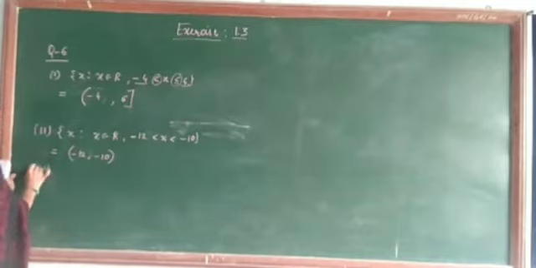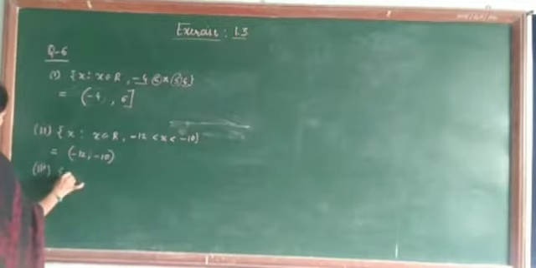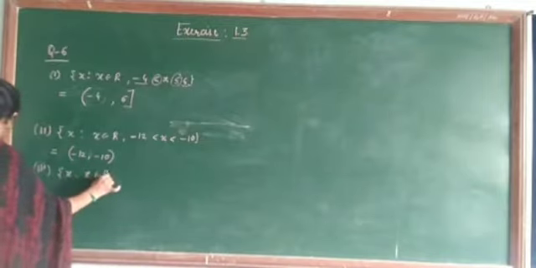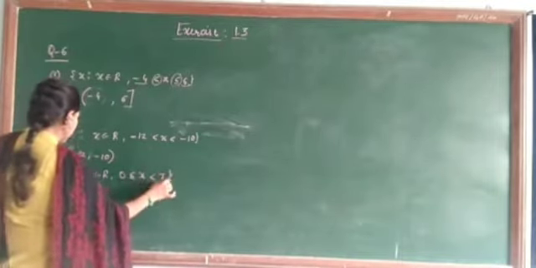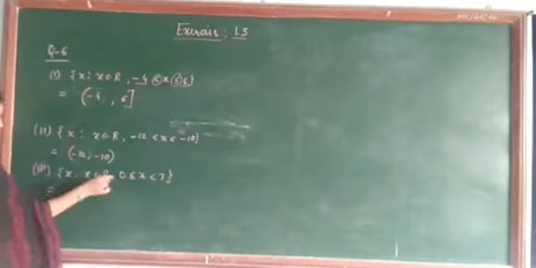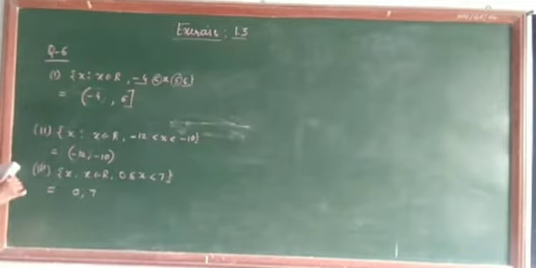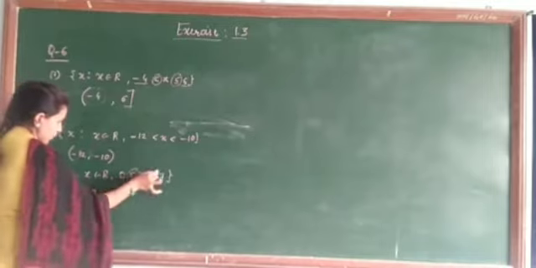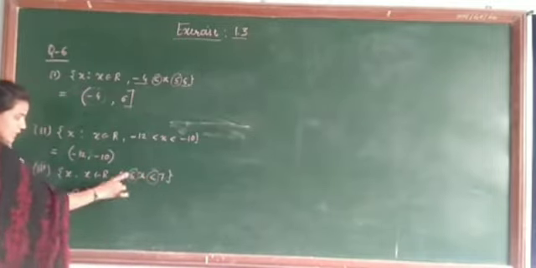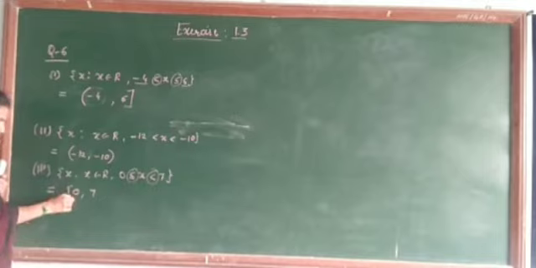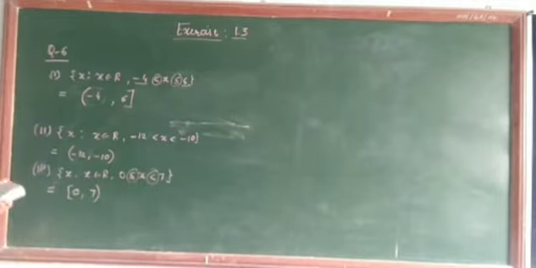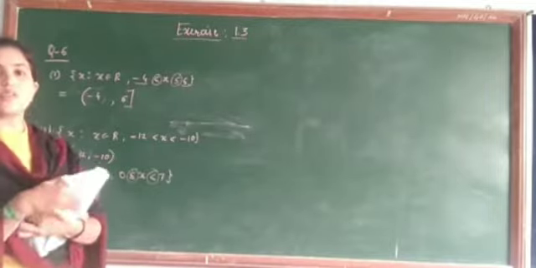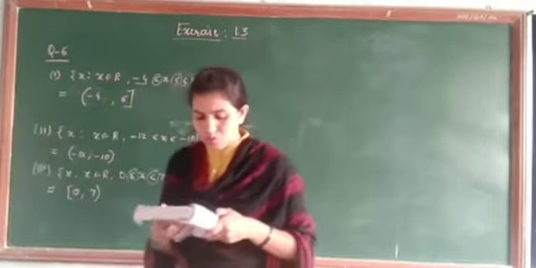Okay students. Now the third is all these x where x belongs to R, 0 less than or equal to x less than 7. So again, 0 and 7 are there. Now check the symbol here and here. With 0 it is less than or equal to, that means it is closed, it is included. Where 7 is not included, that is open. And the fourth one you can do by yourself. One question for you to solve.